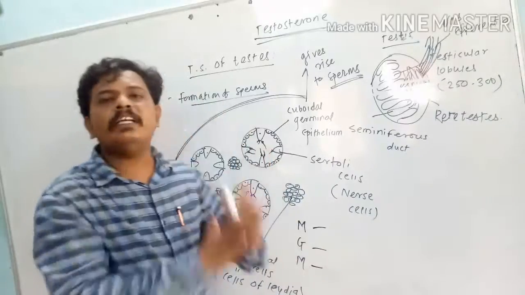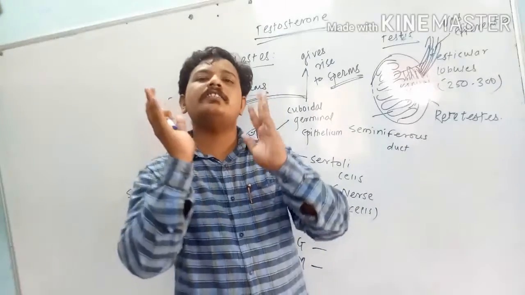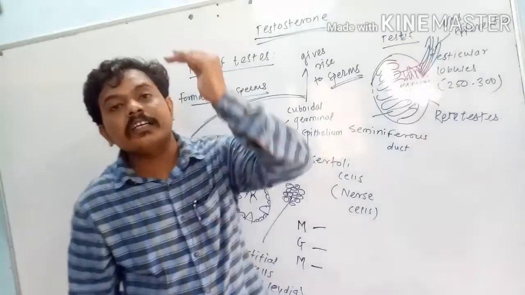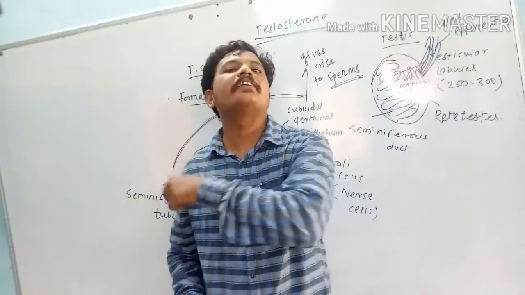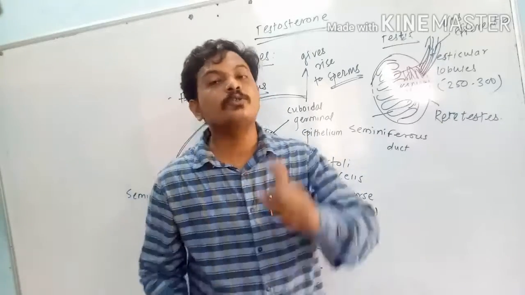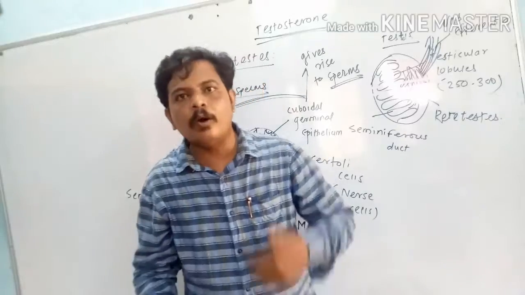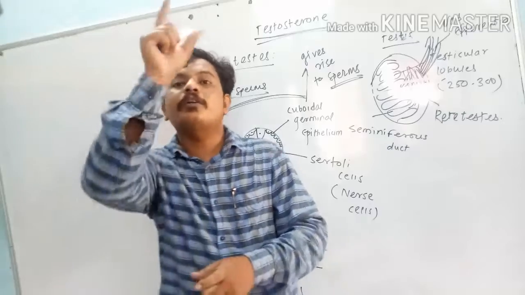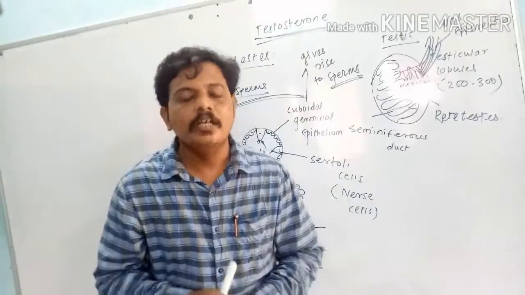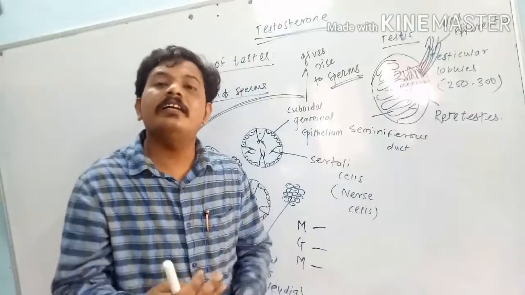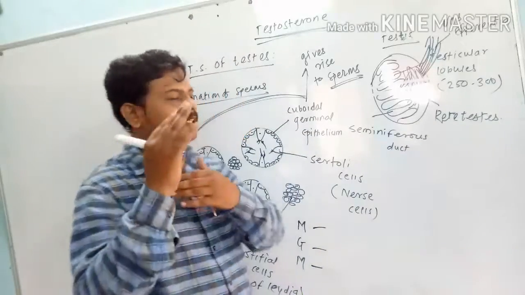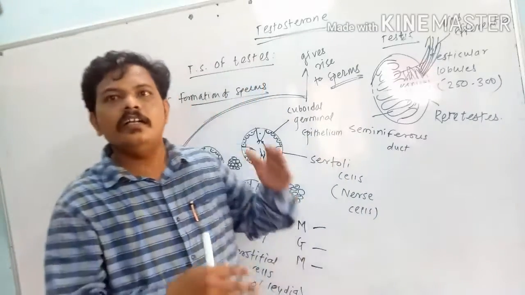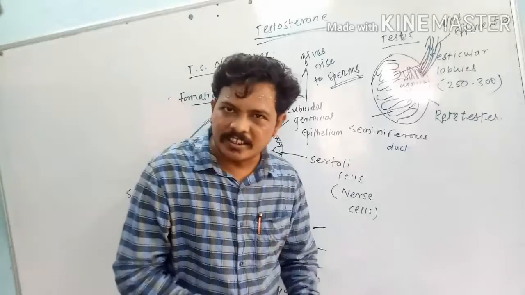ये सिर्फ टेस्टिस में ही प्रोड्यूस होता है ऐसा नहीं है। टेस्टोस्टेरोन टेस्टिस में तो सीक्रेट होता है, along with testis it is also secreted in the adrenal gland. Which gland? Adrenal gland. Adrenal gland is also called suprarenal gland. Supra means above or upper, renal means kidney. The pair of adrenal glands is located on the superior aspect of each kidney. ये हम डिटेल में स्ट्रक्चर करने वाले Reaching the Age of Adolescence इस चैप्टर में। ओके, सो टेस्टोस्टेरोन मींस मेल एंड्रोजन एड्रेनल ग्लैंड में भी सीक्रेट होता है और यहाँ पर भी टेस्टिस में भी सीक्रेट होता है।